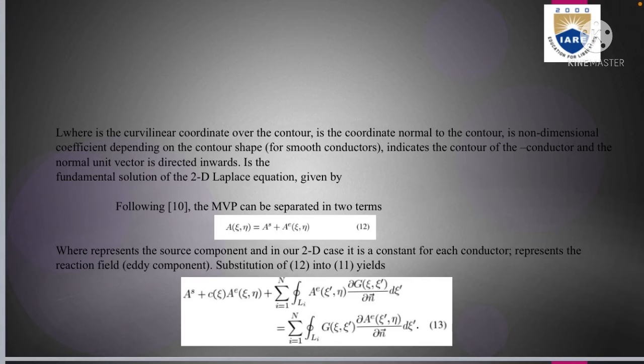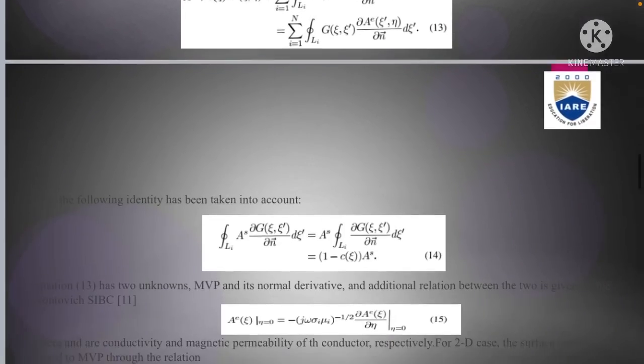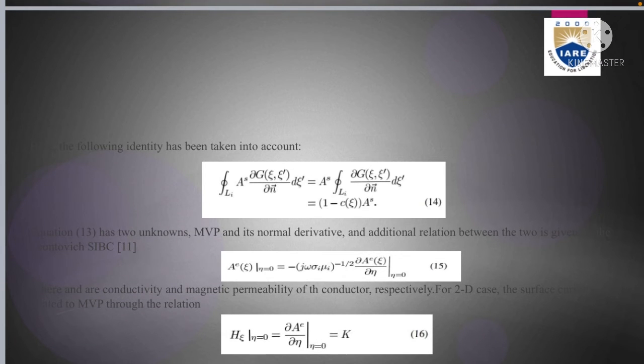The MVP can be separated into two terms, where one represents the source component. In the 2D case it is a constant for each conductor, and the other represents the reaction field component. Substitution of 12 into 11 yields the following. The following identity has been taken into account. Equation 13 has two unknowns, the MVP and its normal derivative, and the additional relation between the two is given in